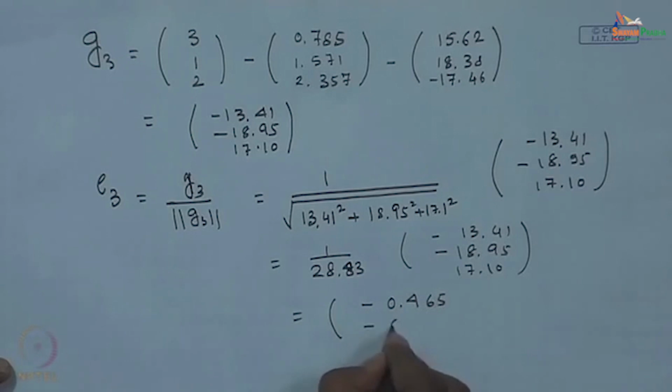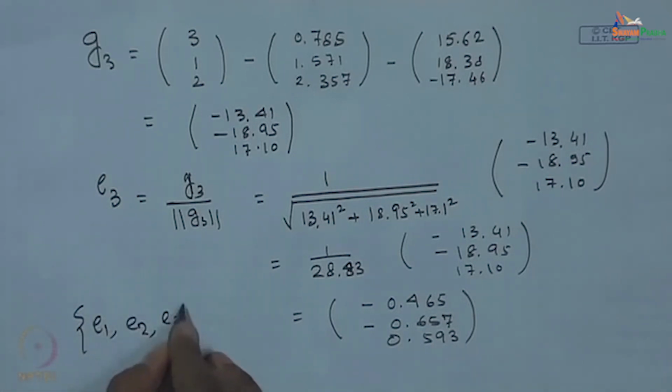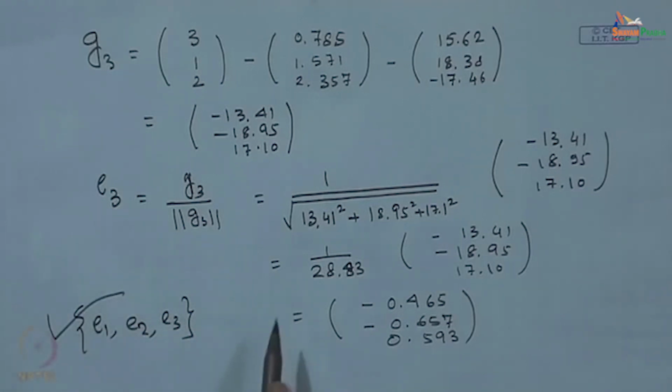and you will be getting as minus 0.465 minus 0.657, and this will be plus 0.593. So, we get the elements of the target set, vectors of the target set E1, E2 and E3, where